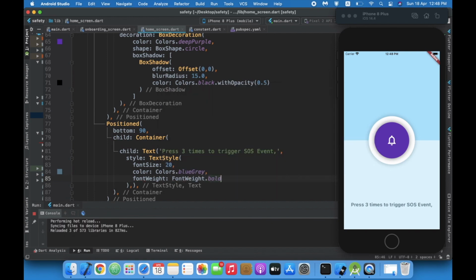Okay, press 3 times to trigger the SOS event.